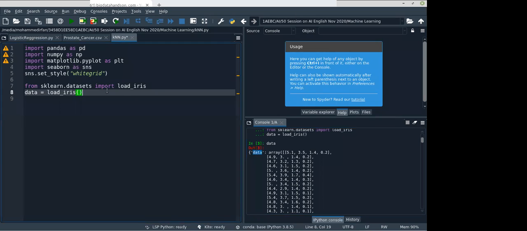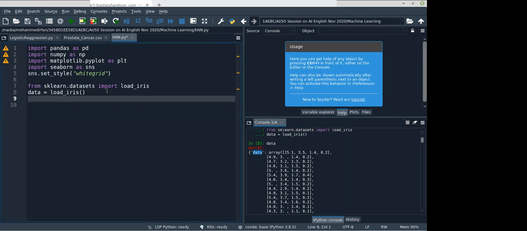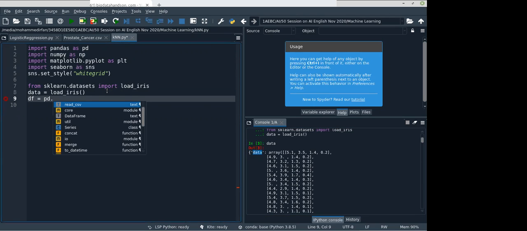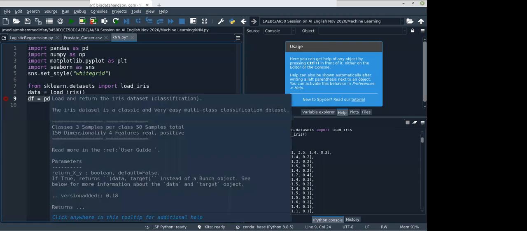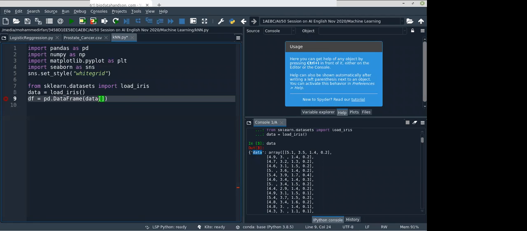Okay, so what we are going to do is create a data frame using the pandas DataFrame class, pd.DataFrame. Here we need to give the data as well as the column names, the feature names. We can get it from the data which we loaded using sklearn, right? So data, brackets, the key. What is the key here? For the data, we have the data key, right? So we need to give data here, and then we need to give the columns, right?